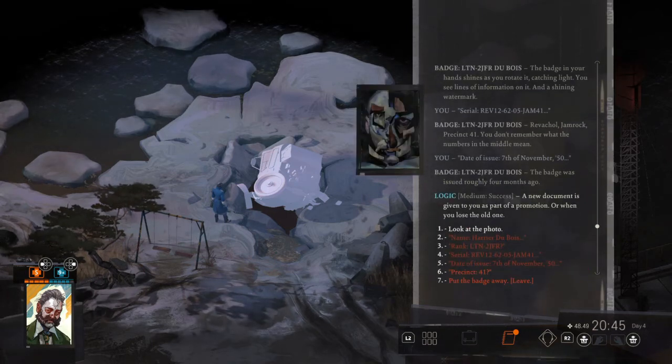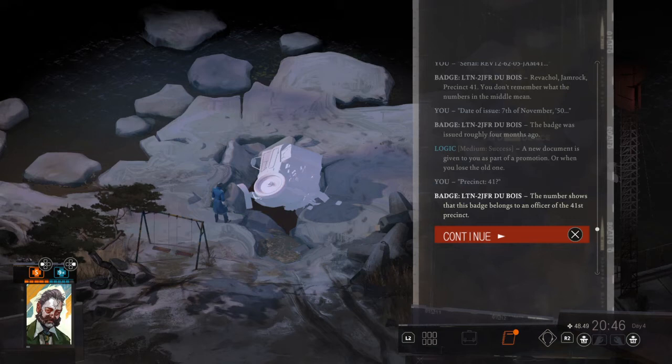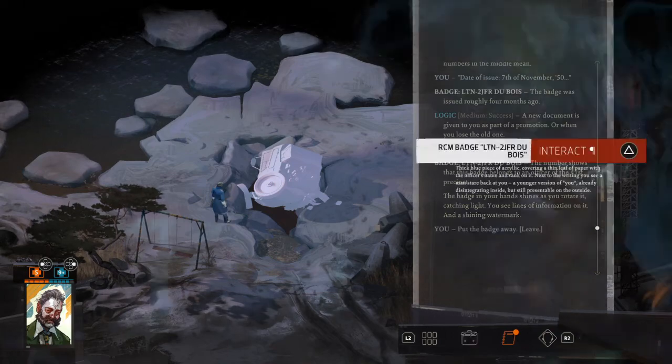A new document is given to you as part of a promotion, or when you lose the old one. Precinct 41. The number shows that this badge belongs to an officer of the 41st Precinct. The badge in your hand shines as you...